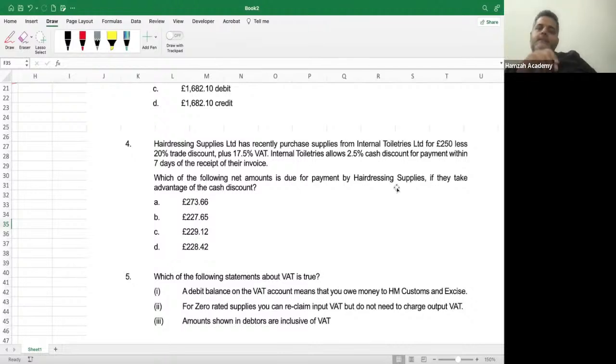No matter whether the customer takes up a settlement discount or not, for the sake of calculating the tax, you are always going to assume that the customer is going to take advantage of the discounts, whatever discounts are mentioned in the question, because eventually the tax has to be calculated on the net amount, right? So what we are going to do over here is,